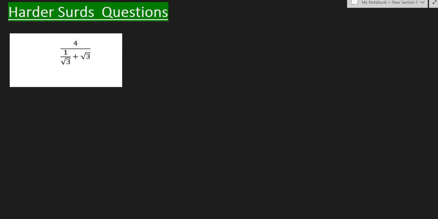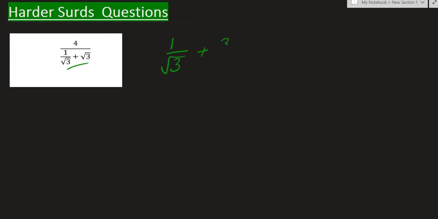So 4 over 1 over root 3 plus 3 root. There are many ways to do this question, but I'm going to solve it with a simple method. A lot of people start by rationalizing, but what I'm going to do is take the denominator first. I'm going to write it down over here, so I'm going to write 1 over root 3